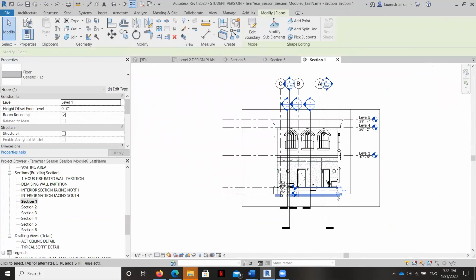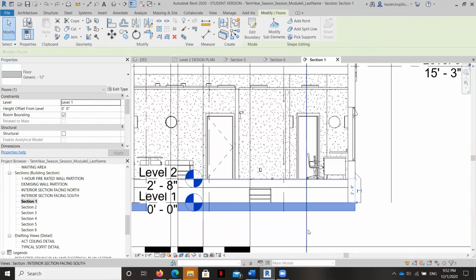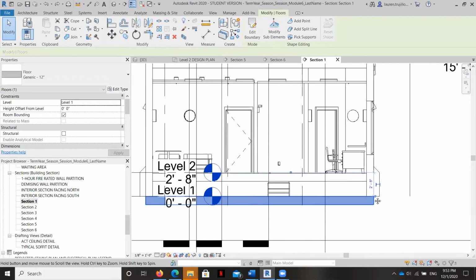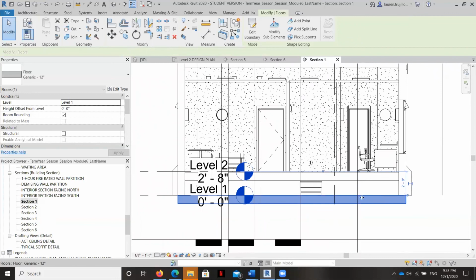Let's take a look. See, you can see it right there. Okay. So what we have to do is move it up so that it's hidden behind this plinth, and the wall. So what I'm going to do is move it up.